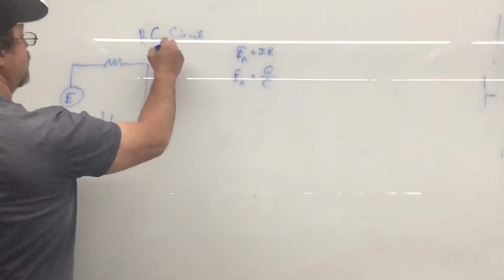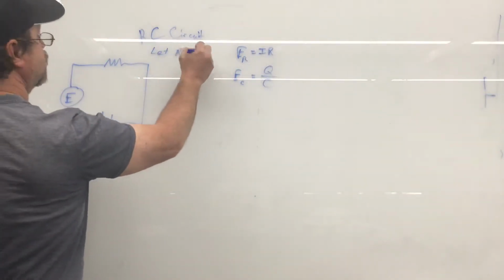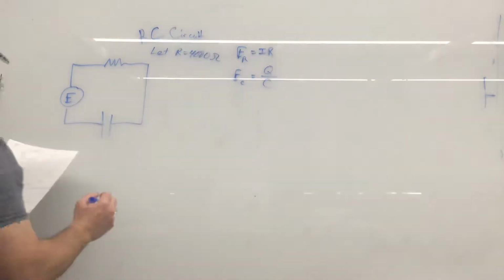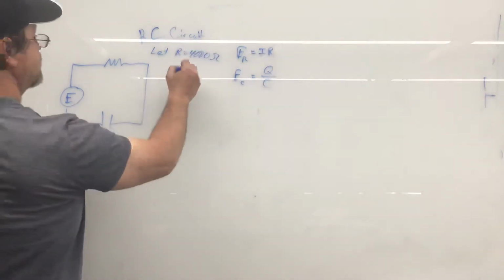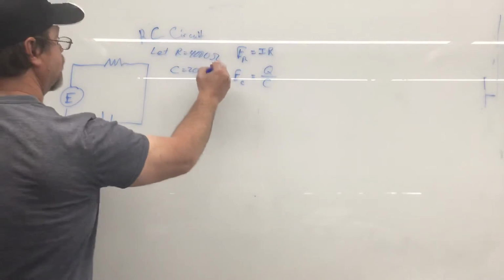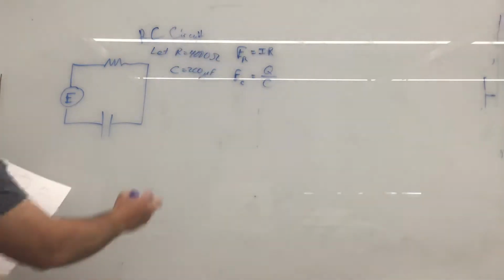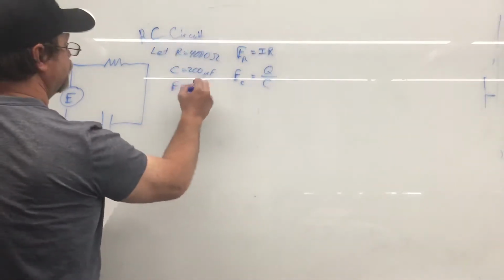And I'm going to let R equal 4,000 ohms. And I'm going to let the capacitance equal 200, what are called microfarads. And I'm going to say that my E here is 100. Now,